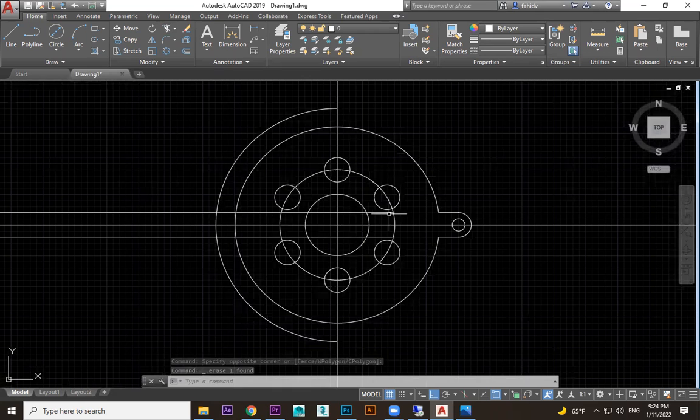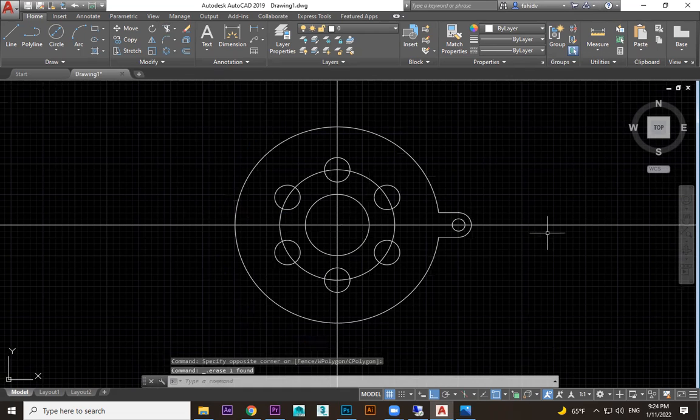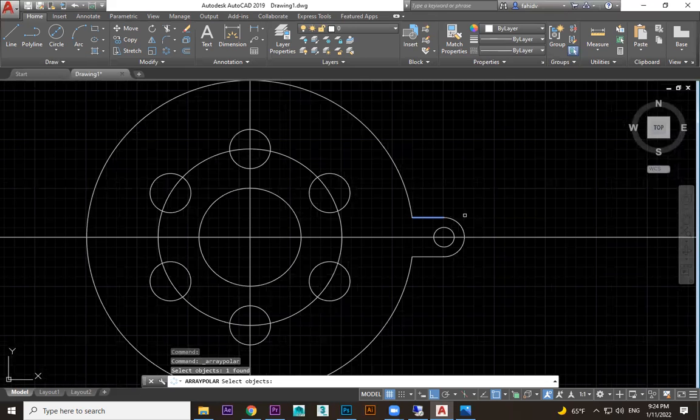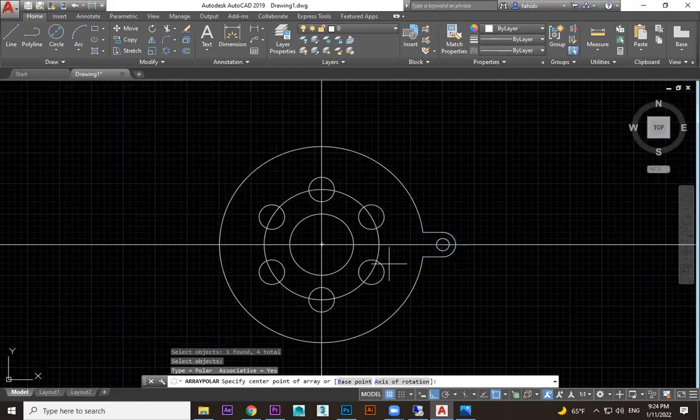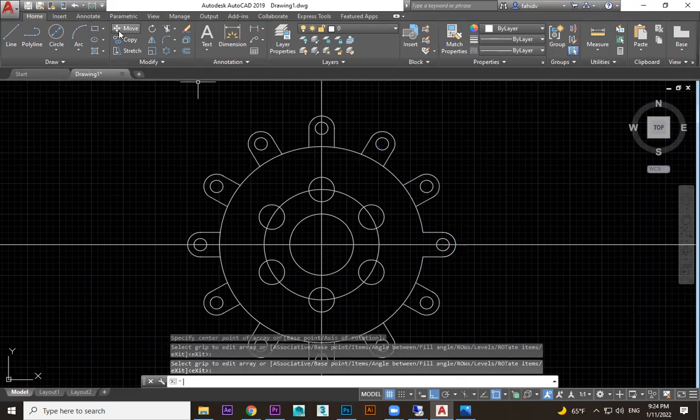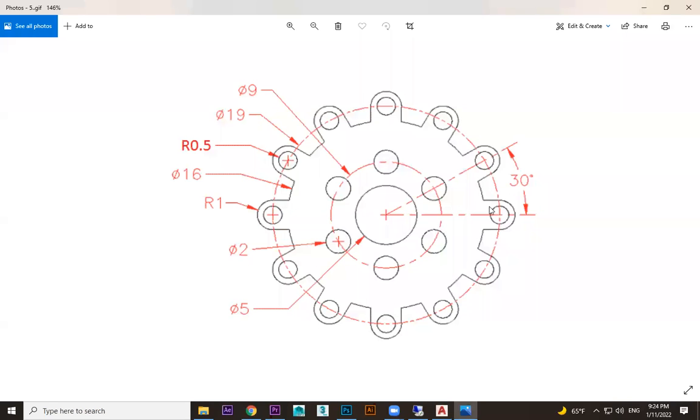Then this one no need to trim, because one by one you would need to trim. Instead of that, I just select and delete. Okay. Then when I do polar array, select one by one shape. In AutoCAD, you don't need to press shift or control to do multiple selection. Just select all the shapes, enter, click on the midpoint. How many items are there? 12 items are there total. So enter 12. 1, 2, 3, 4, 5, 6. So this is 6. Of course, the remaining is 6.